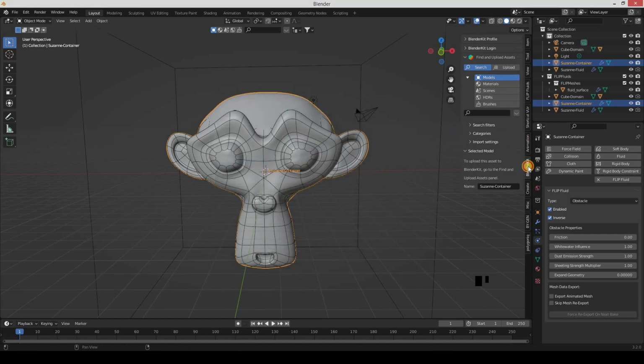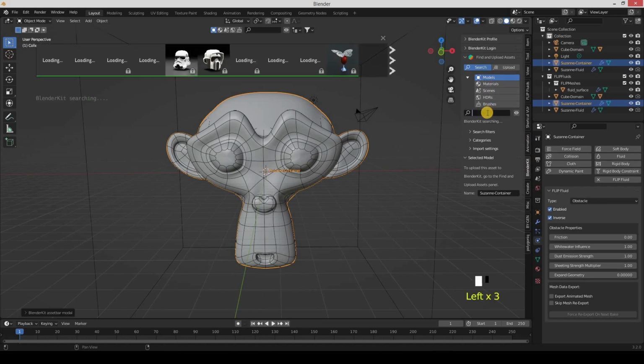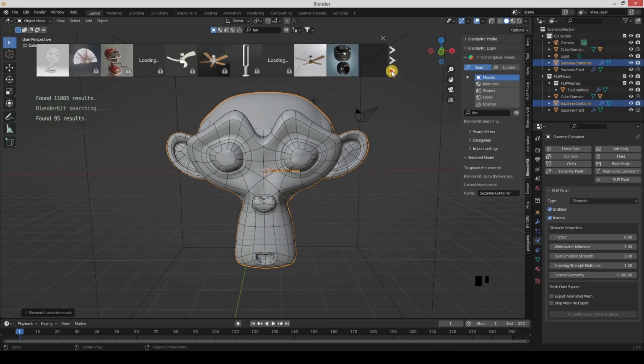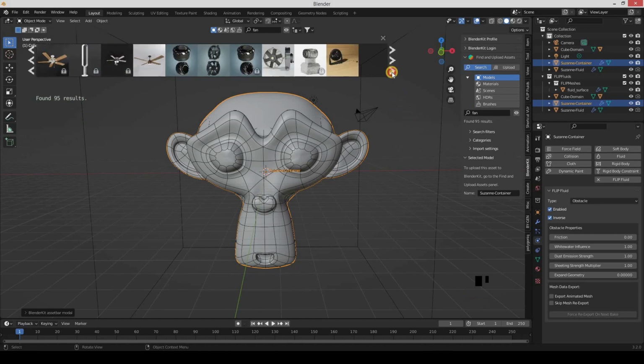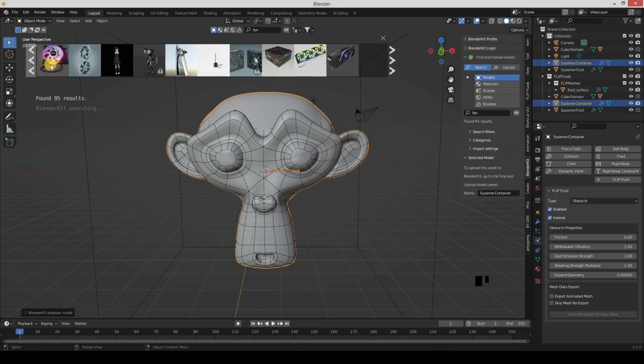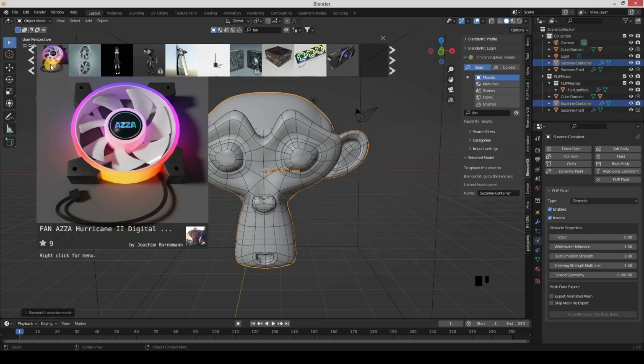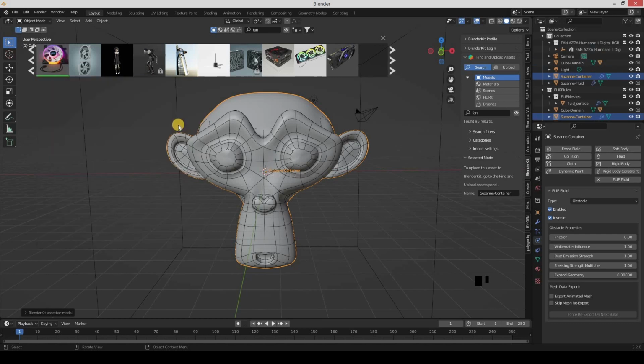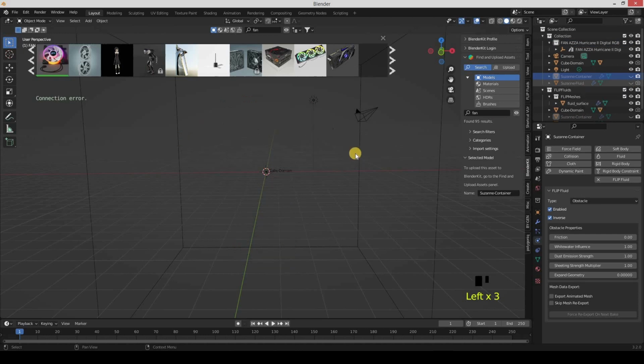So I will go to BlenderKit and, while Model is selected, I will search for fan, and I would like to use this fan. So I will click it and it will be downloaded, and you can see here in the outliner it's been downloaded here. I will turn off Suzanne-container and Suzanne-fluid so I can see the fan,